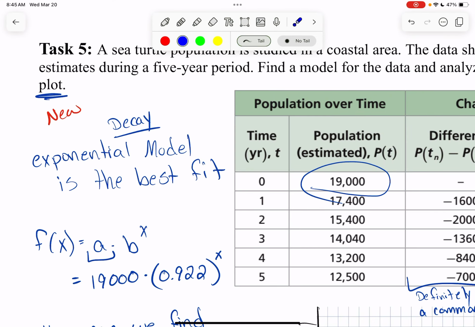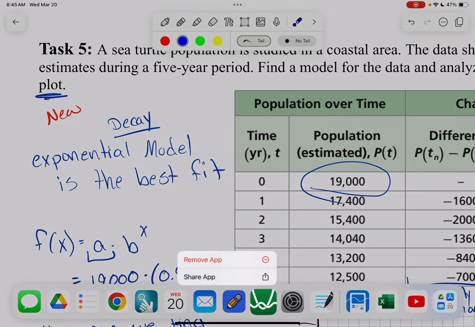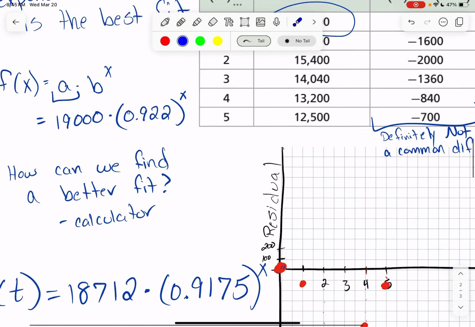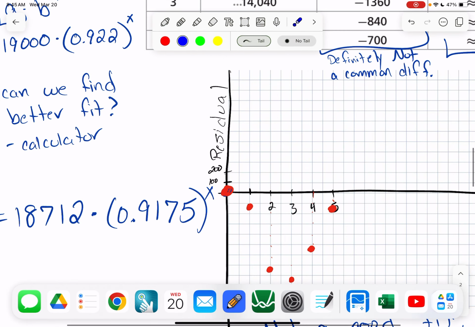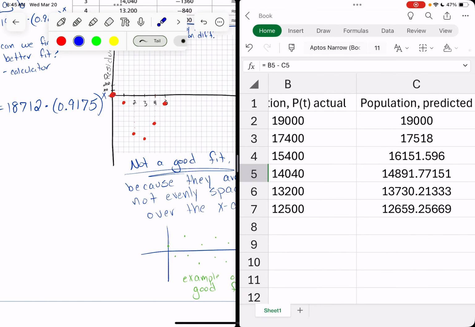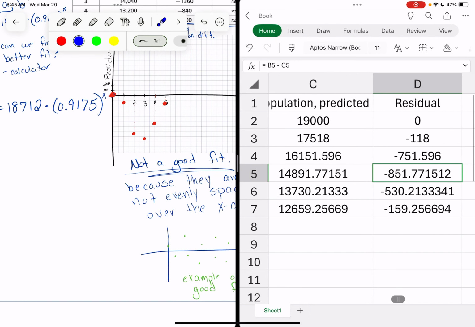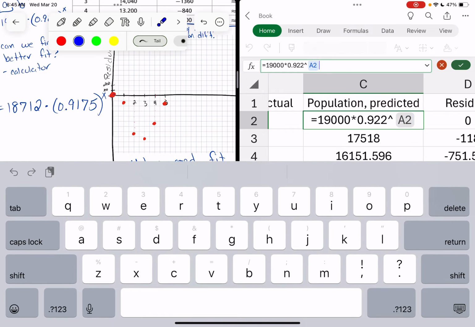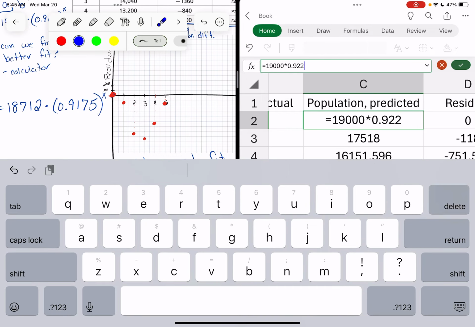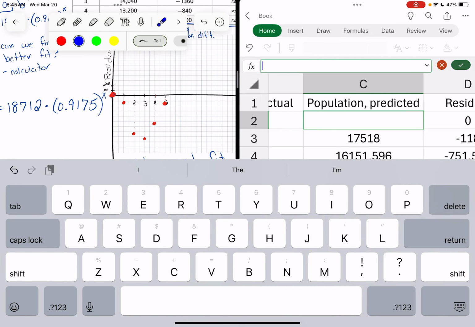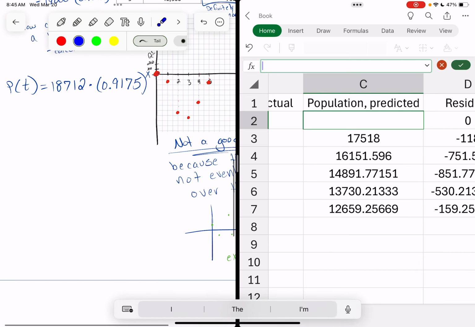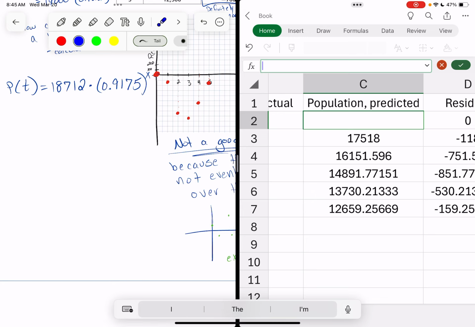Let's go ahead and go to Excel and compare those residuals. Okay, using this one instead. Again, I'm going to plug in the rounded values. So my population predicted here, instead of using that equation, let's clear that one out. And instead, let's get rid of the keyboard. Sorry. We are going to use this one, equals